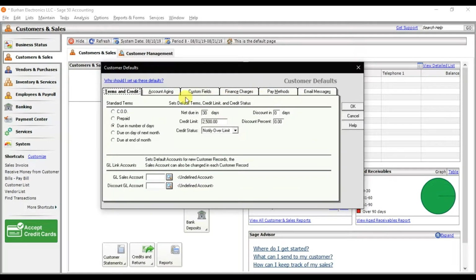First we have terms and conditions, which we already covered in payable accounting. This is COD, cash on delivery, that is prepaid, or due in a number of days. Let's suppose that the net due days is 30, and if you pay within 10 days, they will give us a 2% discount,